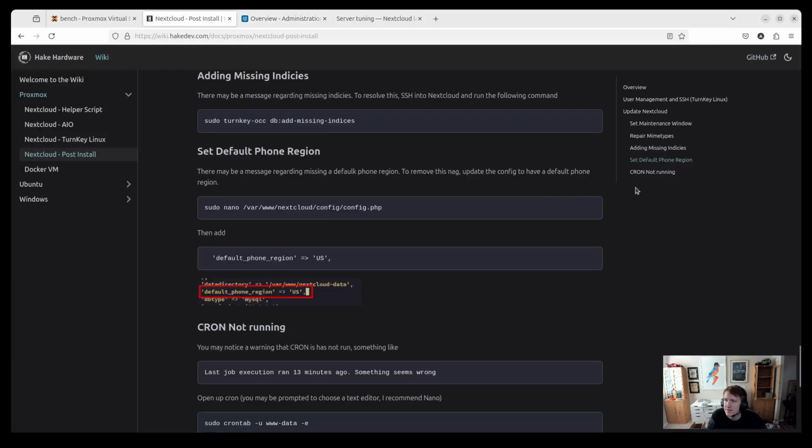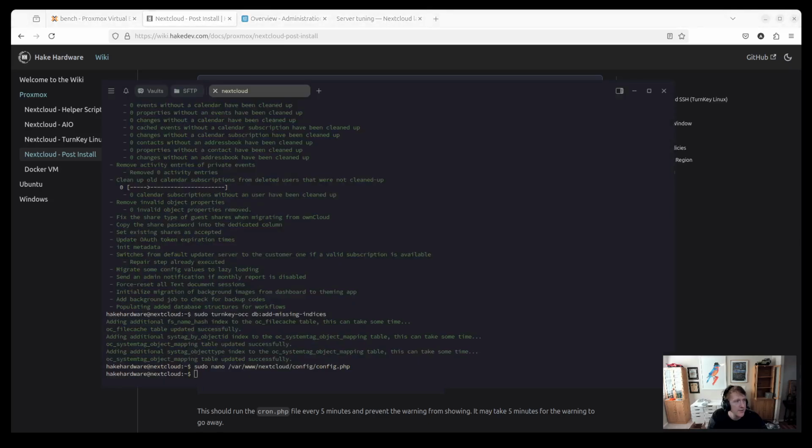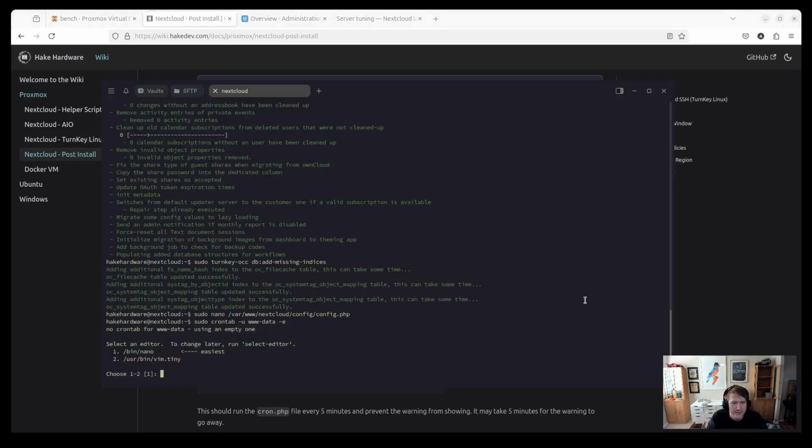Let's see if there's anything else here. Okay, so you might get an issue where cron isn't running, or an error where cron isn't running. So I'm just going to basically add this line here to make sure that it runs every 5 minutes. It's going to run the cron.php. So let's copy this to open up crontab, and we'll go into our Termius here, paste that in, and